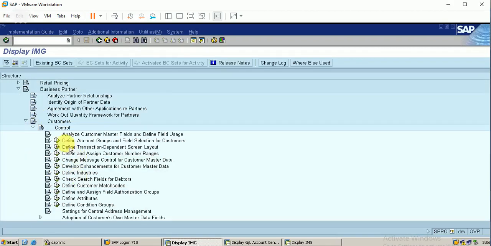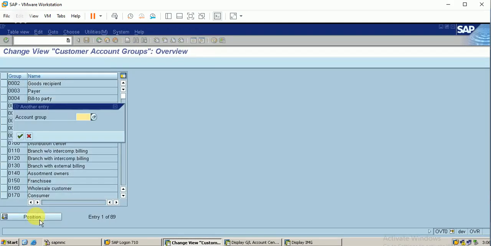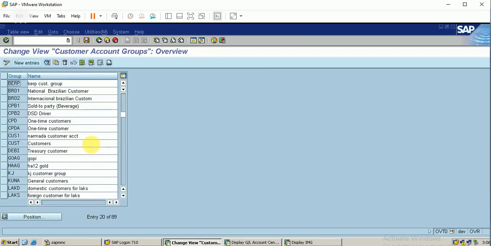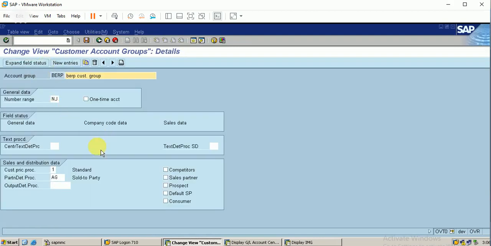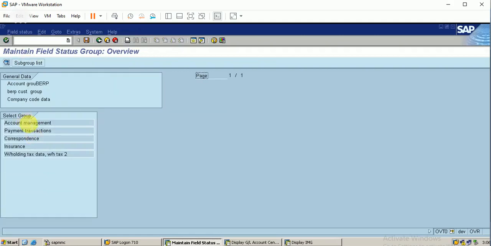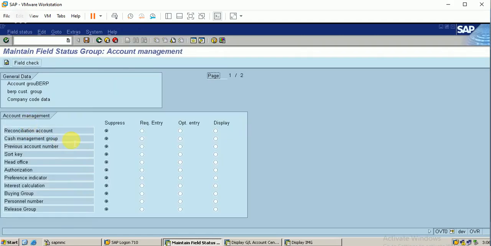Okay, here, let me expand the field status. Okay, I will make all these things optional entry. That's why these fields are not displayed there.